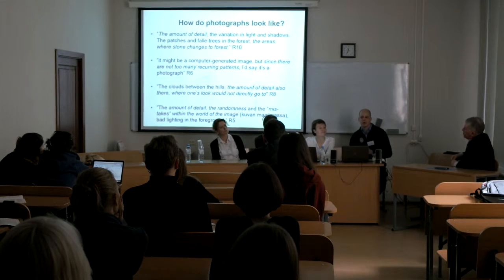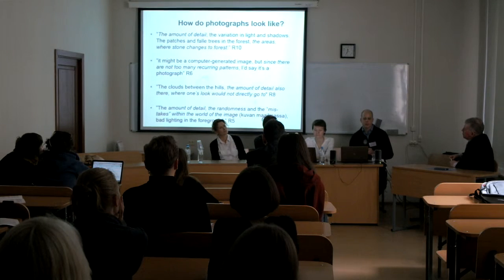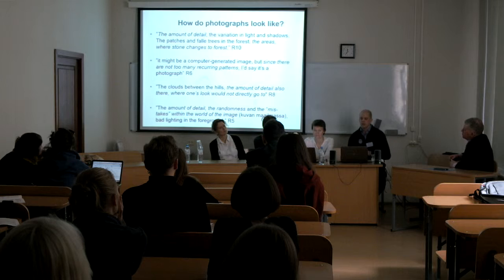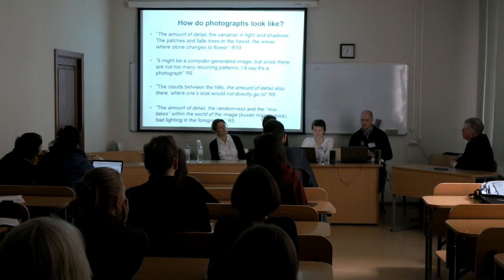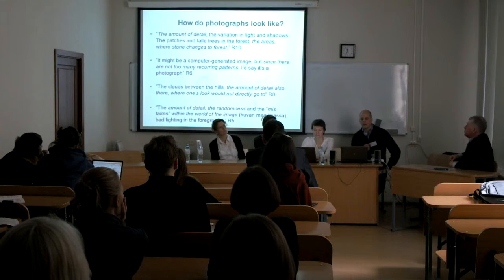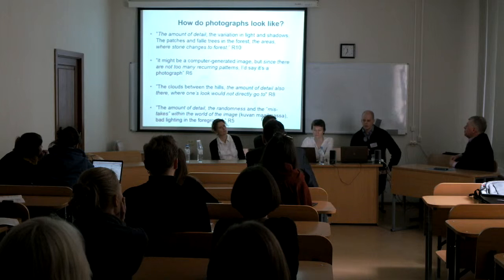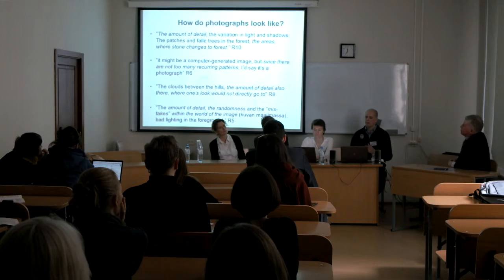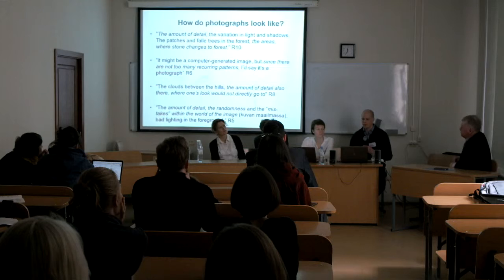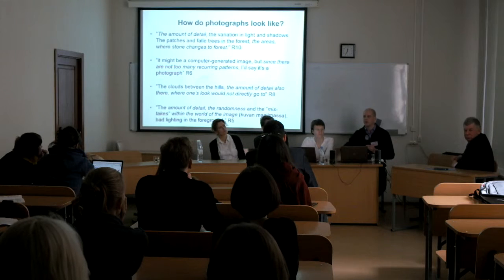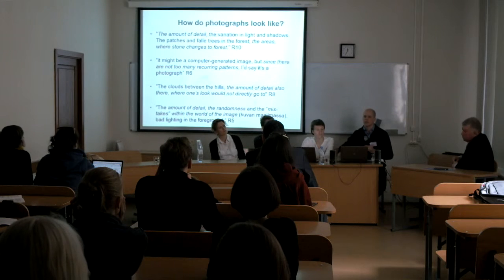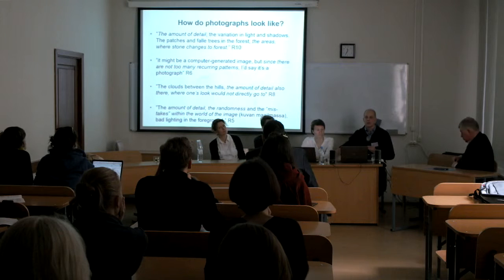Italics, you have the amount of detail, or the areas where stone changes to forest. Or since there are not many recurring patterns, the amount of detail also there where one's look would not directly go to. Or the amount of detail, randomness, and the mistakes within the world of the image. So it's very particular kinds of visual aesthetics that they are looking at when trying to assess which kind of